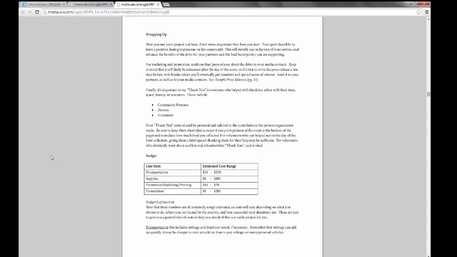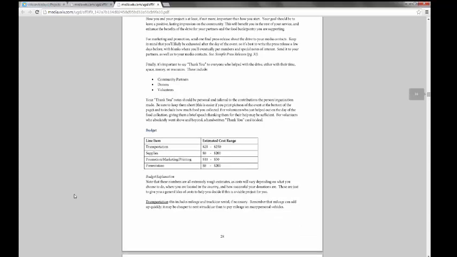So also on this page, we have budget. So with our budgets for our projects, we made every effort that we could to keep the cost low and make that more manageable for our members to do these projects. And the project budgets, as you can see, the estimated cost range varies very, very widely. And that's all because where you are, the situation that you're in, the partnerships that you have all affect how much money you will be able to put into the service project and how much money you'll have to fundraise for this project. So because these estimates are so rough, we've included an explanation for each line item, and this will help members figure out a more accurate budget for their specific project.